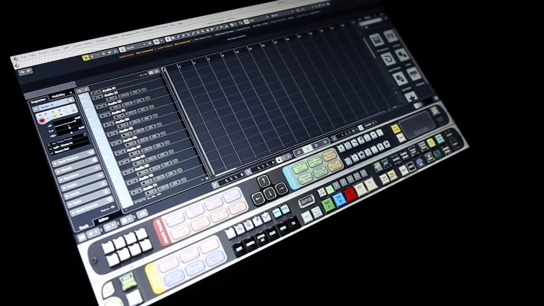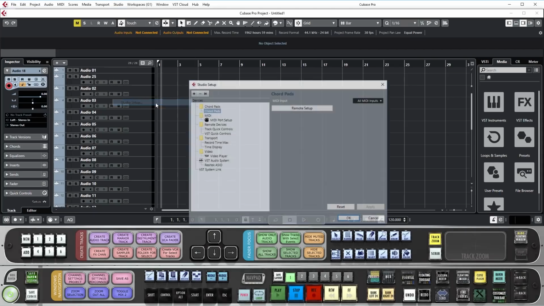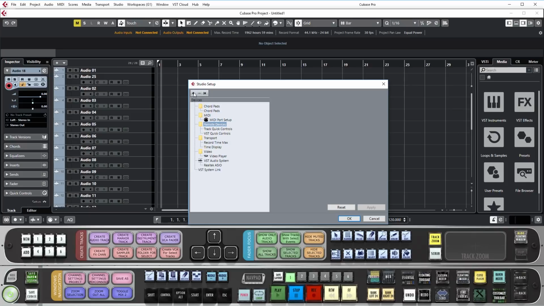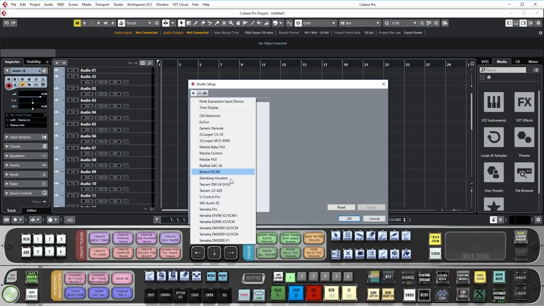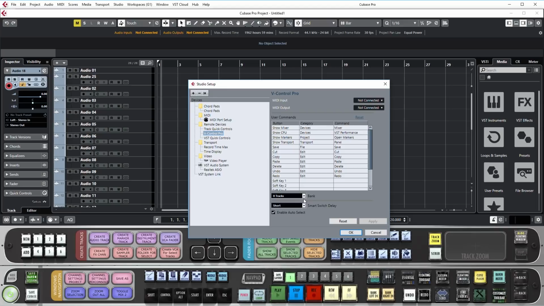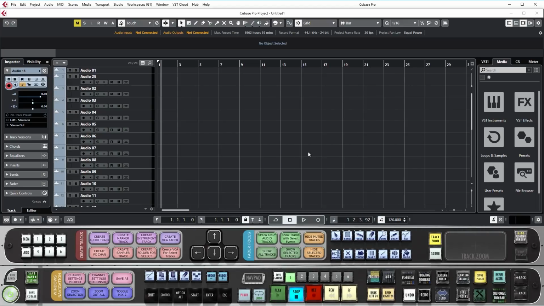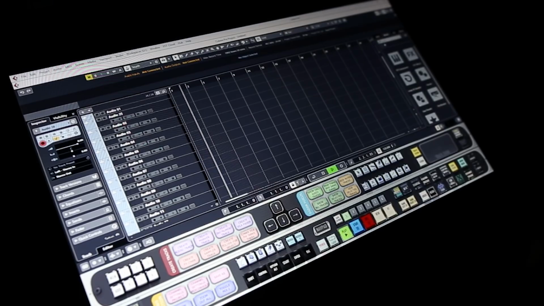Once Cubase and the Raven toolbars are open, users will notice the play and stop button push down on the Raven, but they do not control Cubase. This is because we need to set up vControl Pro for Cubase. To do this, go to the Studio tab, and under Studio Setups, Remote Devices, click the Add button. Next, select vControl Pro from the menu and set the banks to 24. Then hit OK. Users will now notice the stop button is pushed down on Raven. This means that the Raven, vControl Pro, and Cubase are all syncing. Hit the play button to confirm communication.